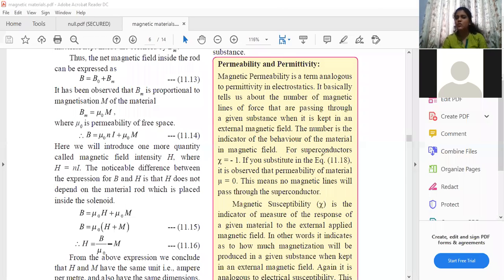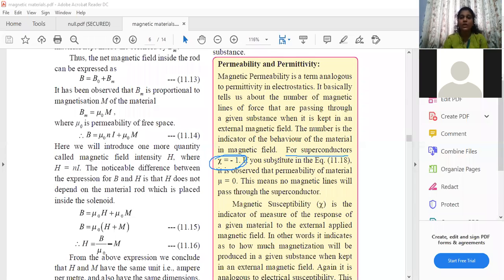Look at this part for superconductors. So students, what are superconductors? Superconductors are conductors that have zero resistance, so electrons move freely in them without any resistance. Basically, zero-resistance materials are called superconductors. For superconductors, the magnetic susceptibility value is -1. The magnetic susceptibility value is -1.